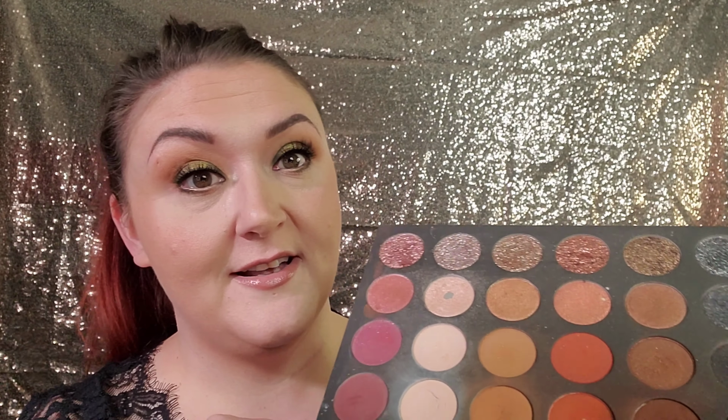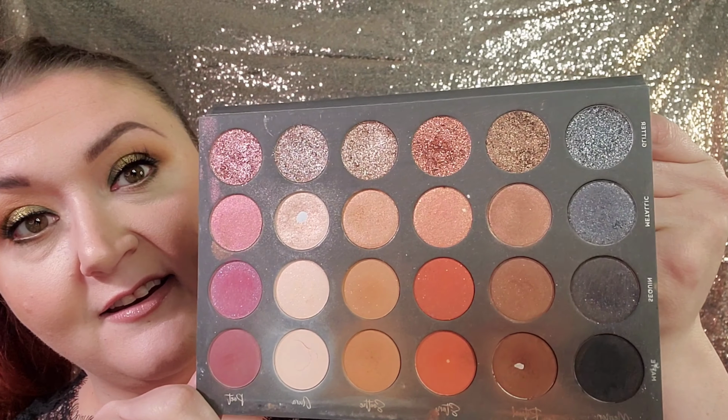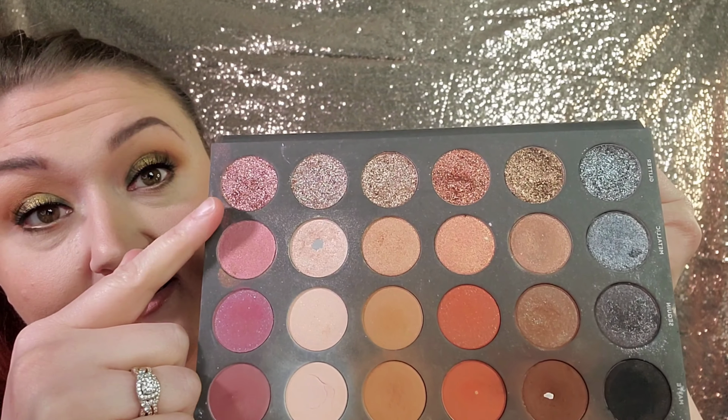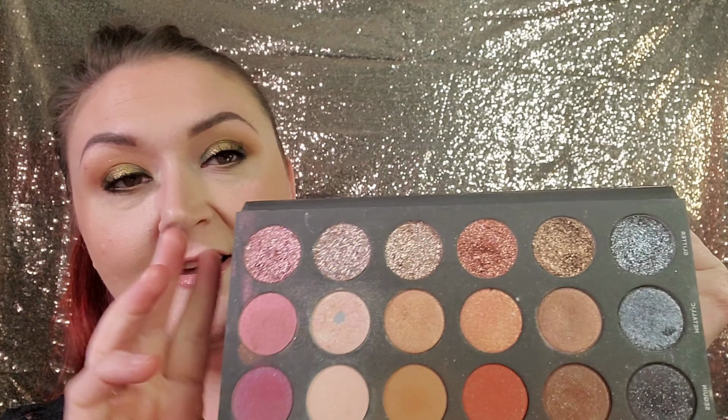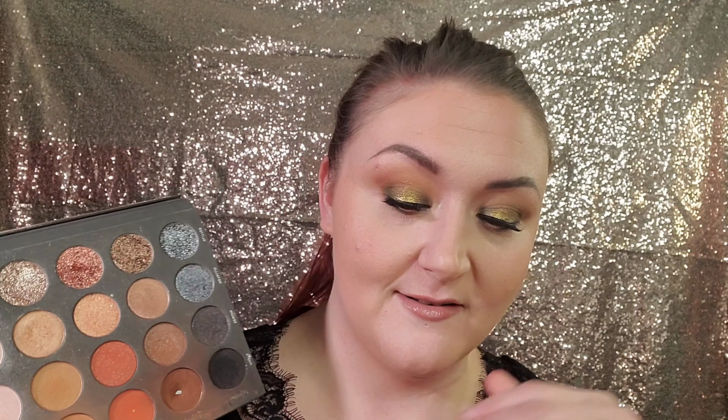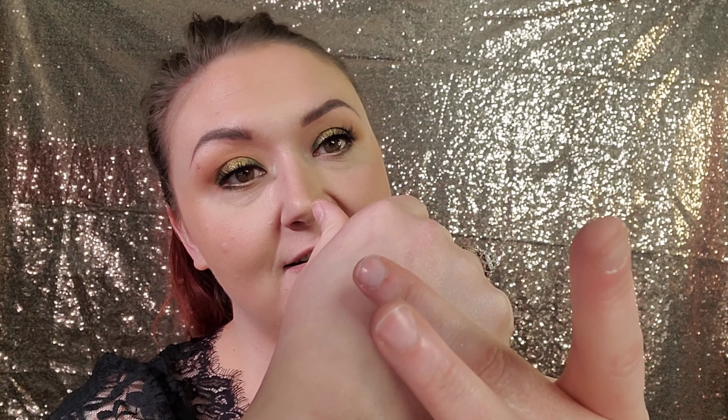Tati's palette. This palette was all the rage when it first came out, and it still is. I'm sorry. It's still a bomb palette. It is awesome. These glitters are not like any glitters I have ever tried before. I'm not a glitter person because it makes my job so much more difficult because it falls. But these glitters,